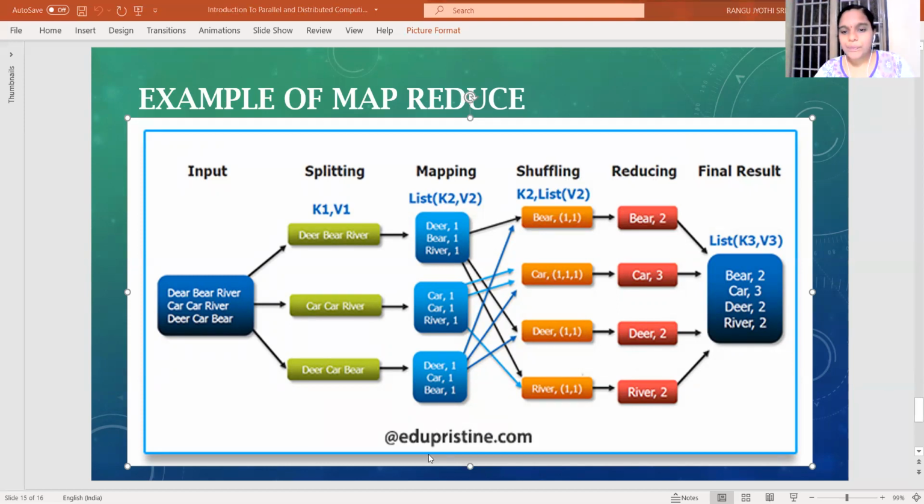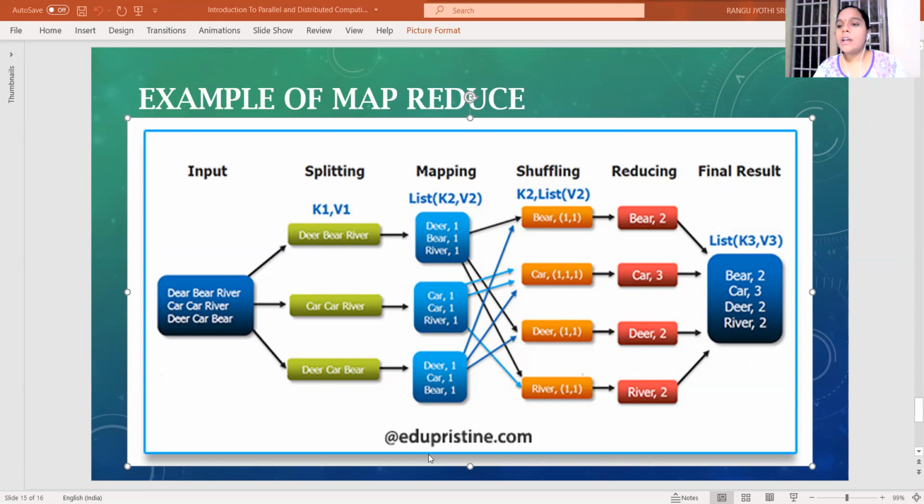The job of the mapping phase is to count the number of occurrences of each word from the input, and after counting the occurrences of each word from the input, it will prepare the list of words with the word and frequency, like key and value pairs. After making the words into key and value pairs, it will move that data to the shuffling phase. And in the shuffling phase, the same words which are there in the mapping phase are combined together, and it will note down the respective frequency of the words.